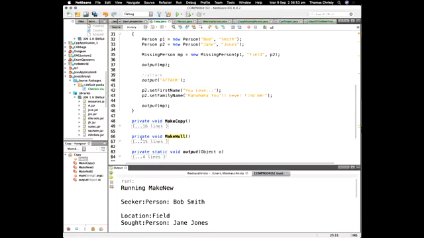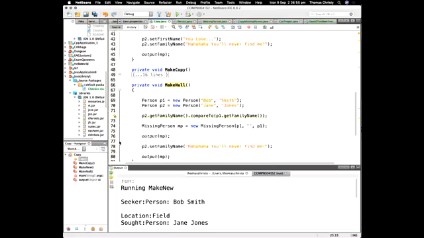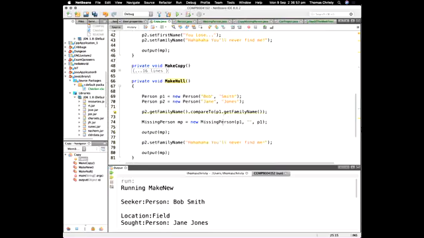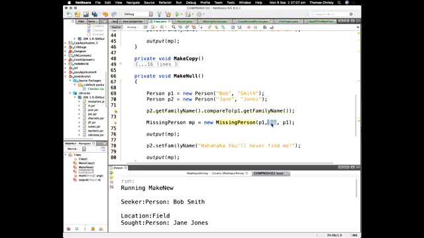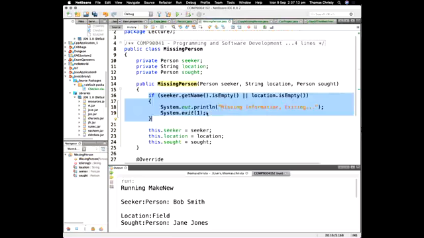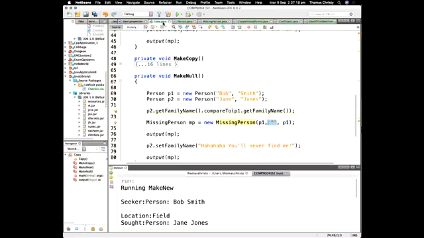What null is doing, if you look over here, is providing this value here. I don't know if you can see that. So it's providing a no entry, a no location. It's empty, right, for the location. And if you remember, missing person is looking for location is empty. If it's empty, then it crashes, right? So when I run this now,